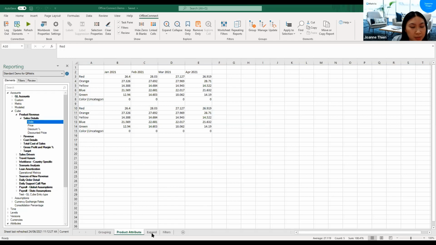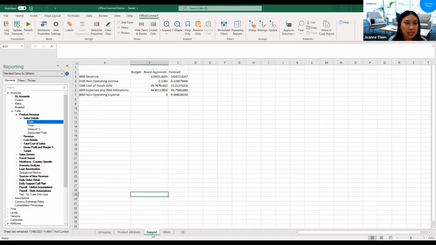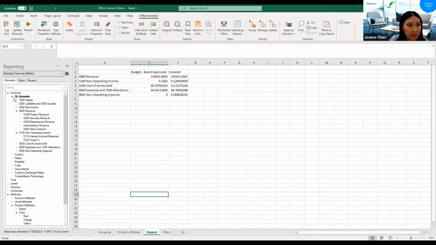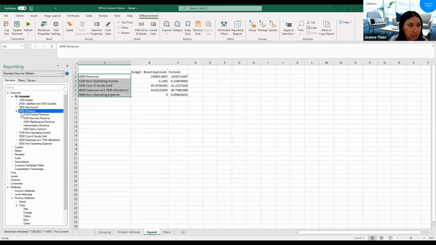Okay, so moving along, we'll just discuss expanding and collapsing. If I navigate back into my accounts, what we've got on screen here is basically just a list of roll-up accounts. But if you look here, you can see there's a hierarchy underneath them, and they've got children accounts essentially.